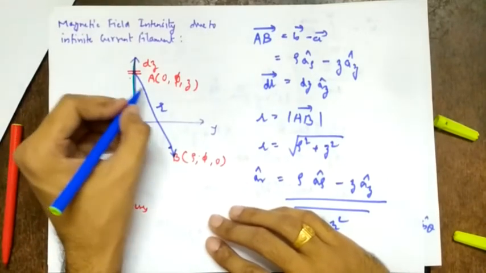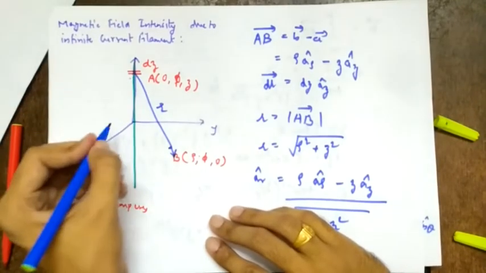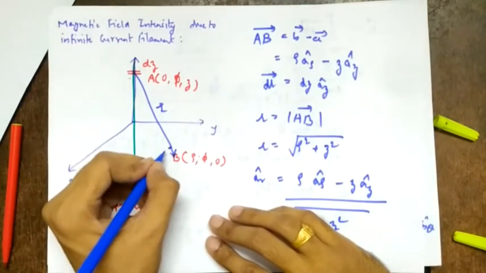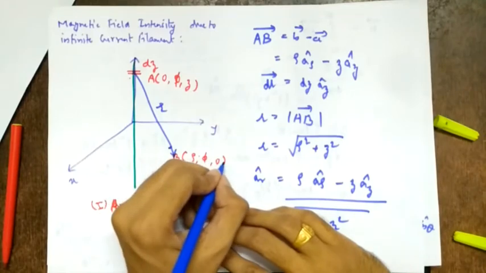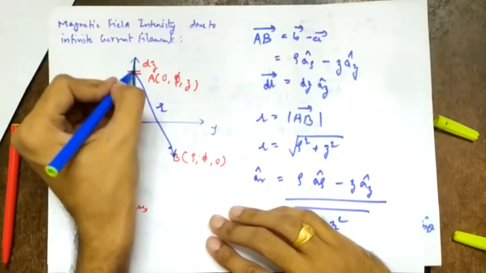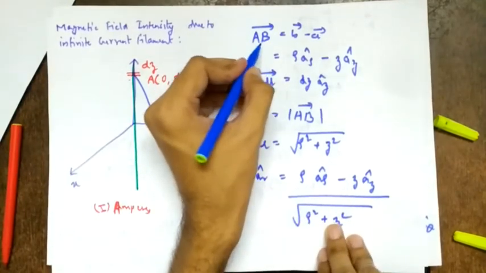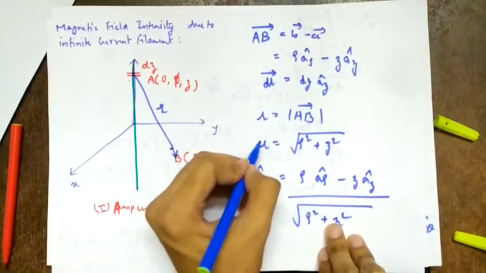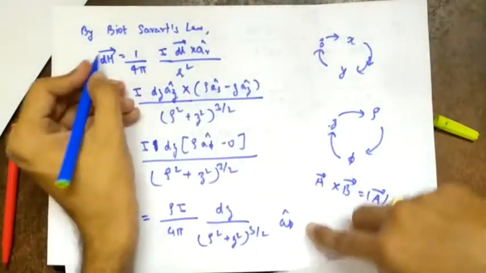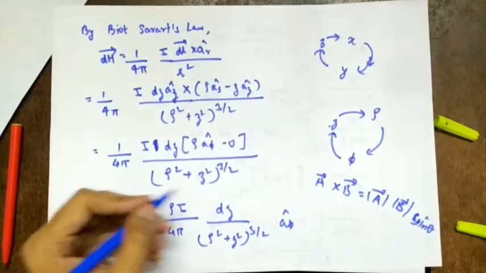Then what do we say? To make use of symmetry, or to make the problem simpler, we will use the cylindrical coordinate system. Then we'll say, since we intend to find the magnetic field intensity due to the infinite current filament at some point, say B of rho, phi, 0, due to the small current element which is at A of 0, phi, z. Therefore, we calculate AB vector, dl vector, r, ar cap. Then we'll write by Biot-Savart's law, dH vector is this. So then you have got everything. So we'll calculate this.